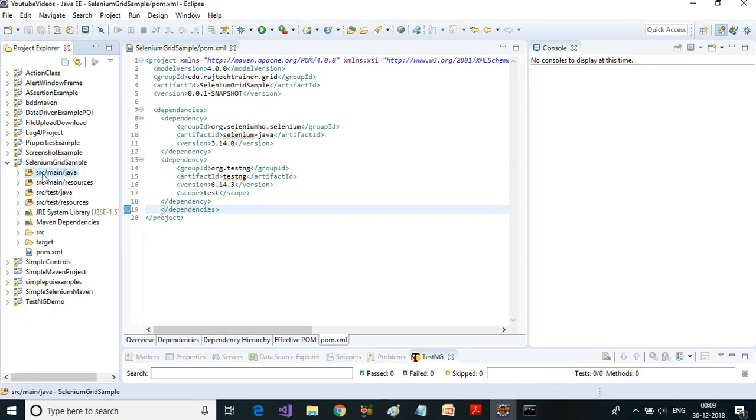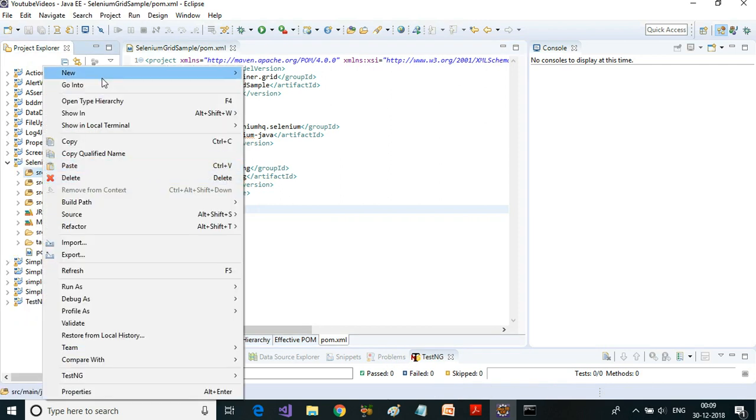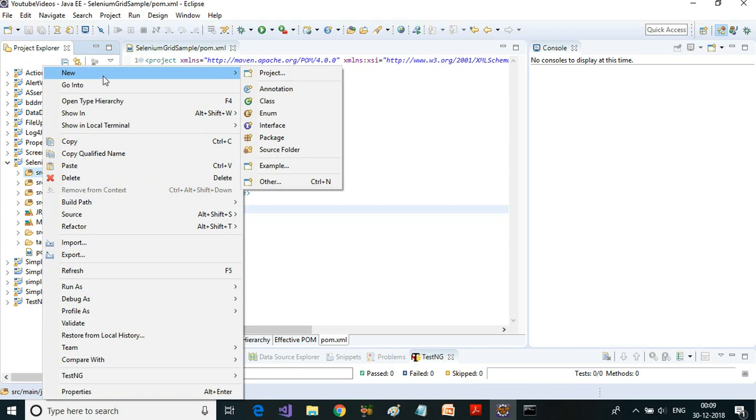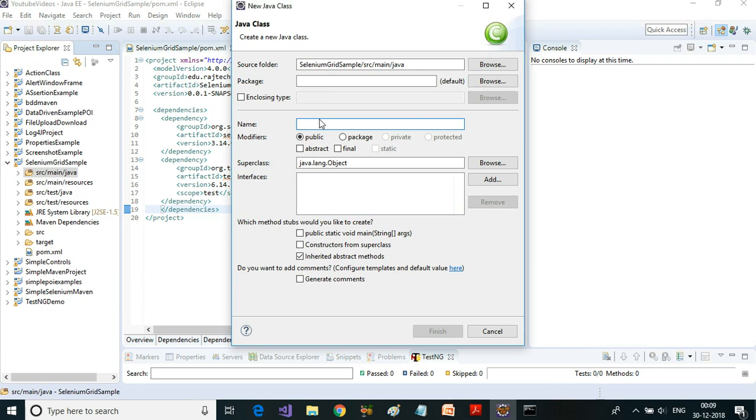The next thing is to create a class. Okay, so go to source main Java, select new and class. So here I'm going to give the package name. Okay, and the class name is SeleniumGridExample.